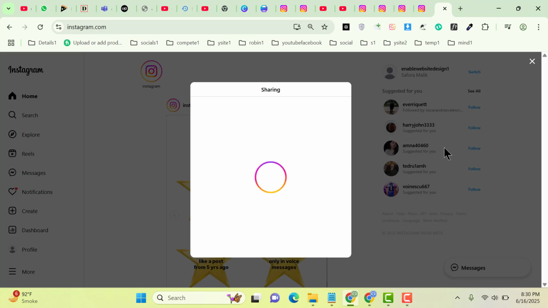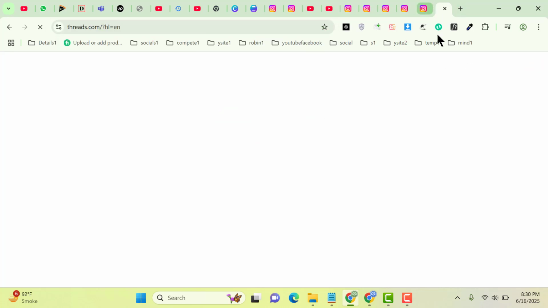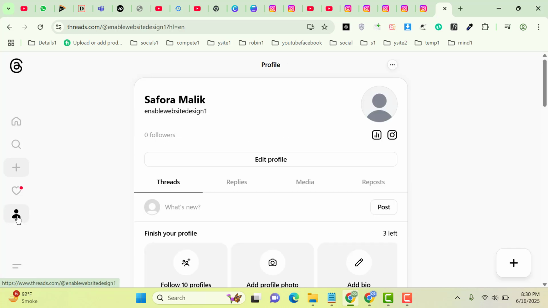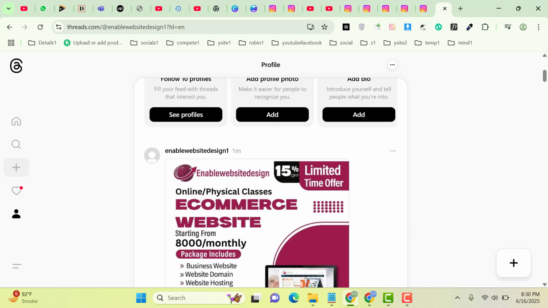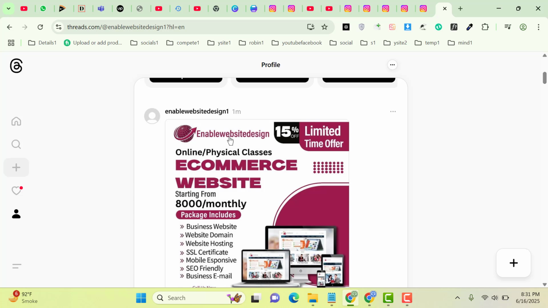So after that, let me go on Threads and show you if that post is available on the Threads platform. Now simply click on the profile tab, scroll down, and now here you can see 1 minute ago this post is shared from the